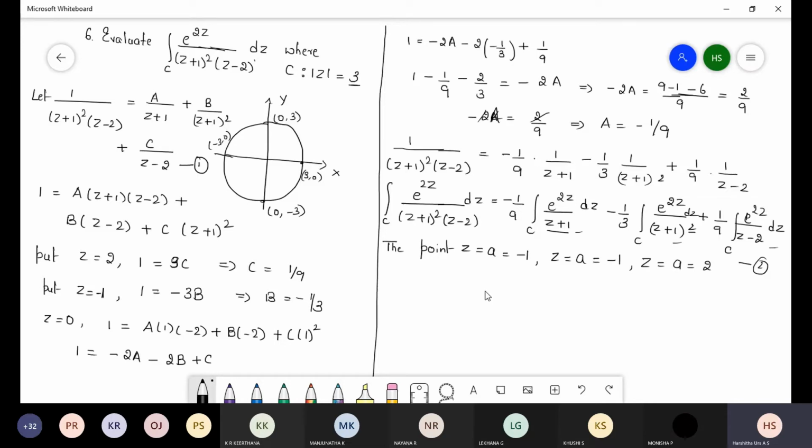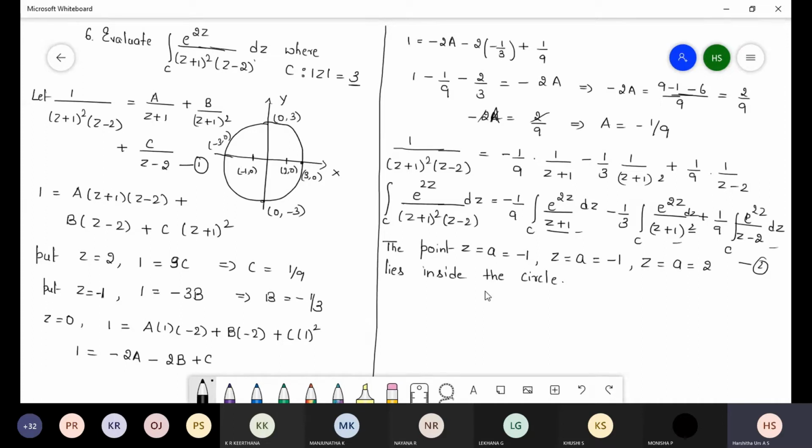So a is equal to 2 here because the a value is 2. These 3 points I will substitute here. So minus 1 comma 0, again 2 comma 0. So I will mention 2 comma 0 here. So this means all the points lie inside the circle.